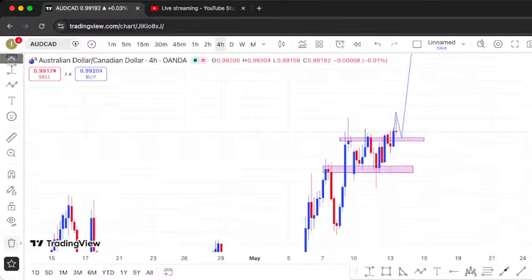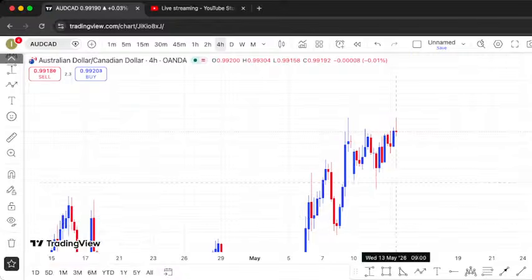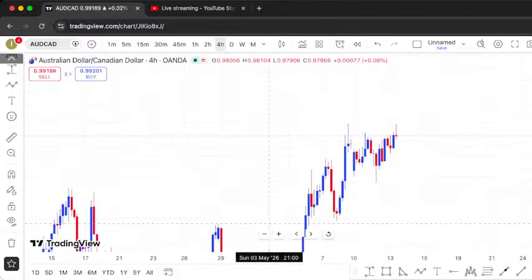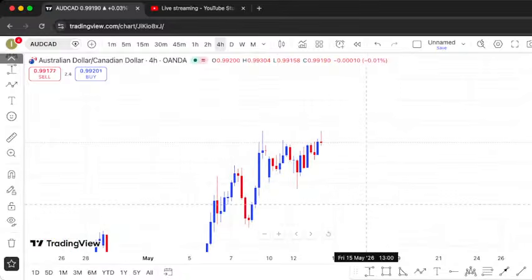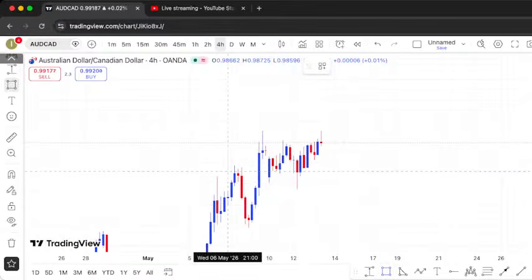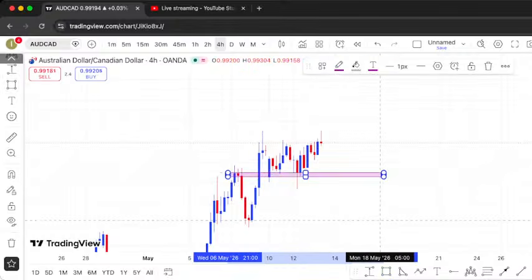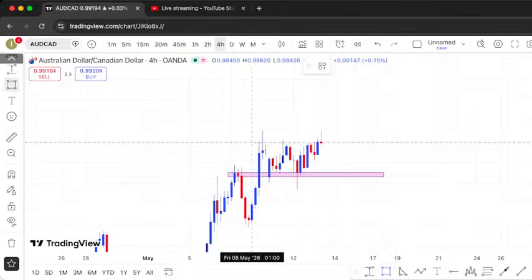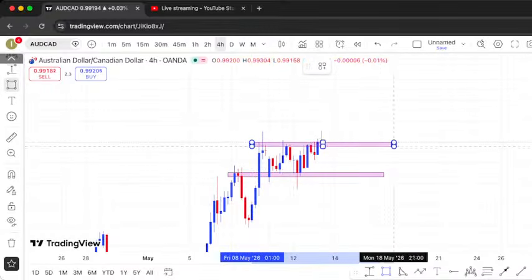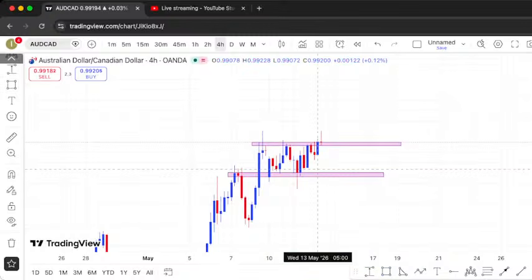AUD CAD, nice. It's doing now that breakout after a consolidation for the last even all day, yesterday and today. The market has been consolidating about this area. You have this demand here. Now you have this supply here. So two zones there. So what should we do? Whenever you have these two zones, always wait for a breakout either way, up or below. So if it can break below, we are going to have those sales. If it can break above, that's when we are going to have some good buys.